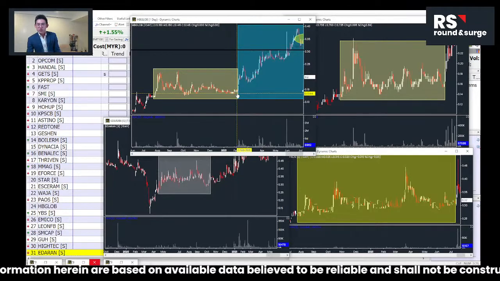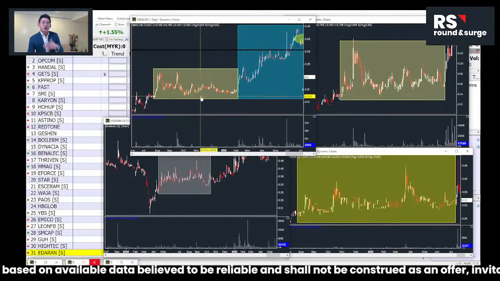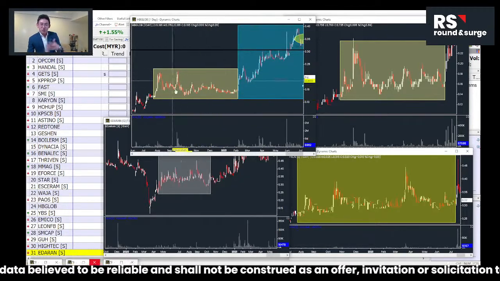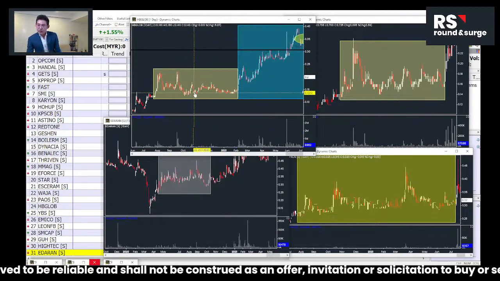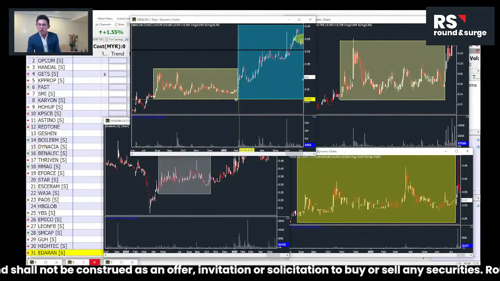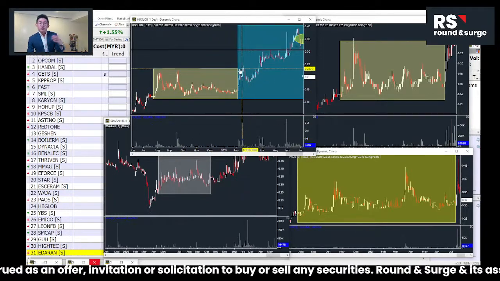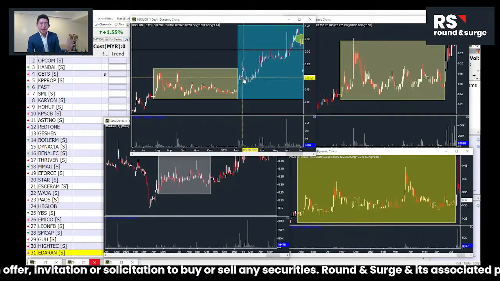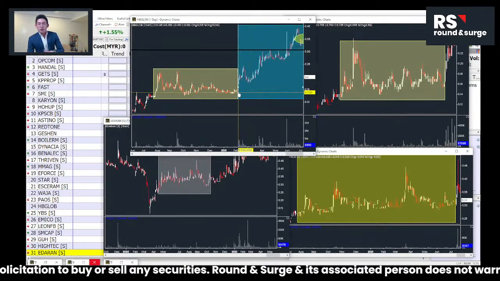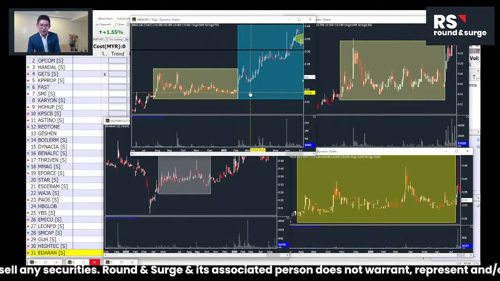Most of the time you need to identify this. I can tell you how to identify this, but you need to do a lot of practice. Usually they do it quietly, and then the price will press back down lower. Sometimes it takes 2 to 3 months, sometimes 1 year. So there's no point entering when they are doing accumulation. You wait until this point over here, where they don't really press the price back down lower. Of course there are a lot more criteria as well, so you can look into it in our training course.